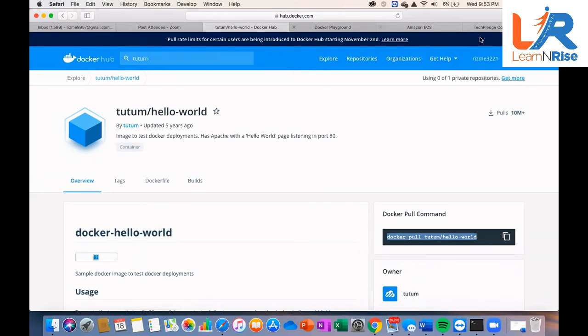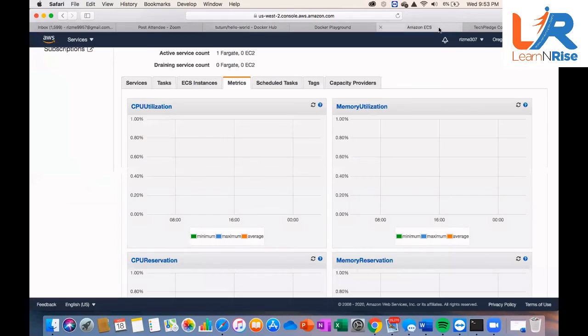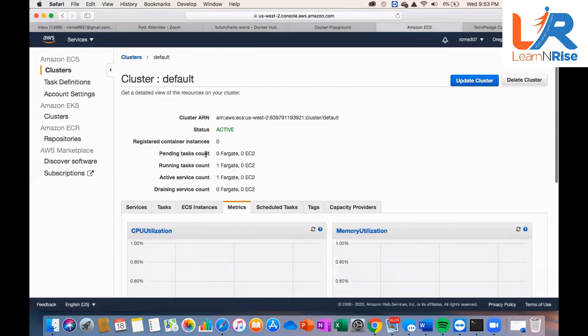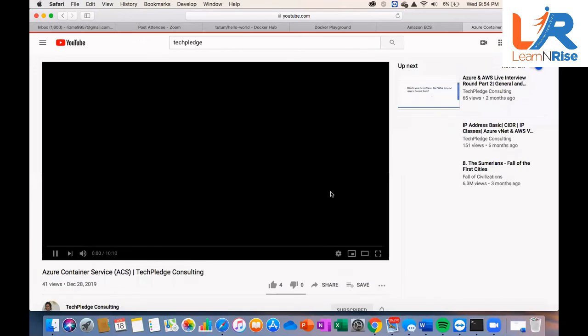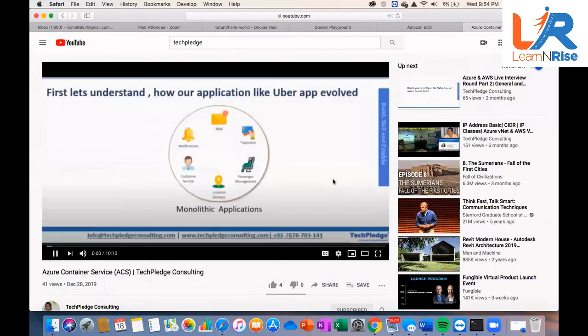In AWS, we call it Elastic Container Service, right? In Azure, we call it Azure Container Service, ACS. Google has GCS, Google Container Service. So everyone has the same principle.